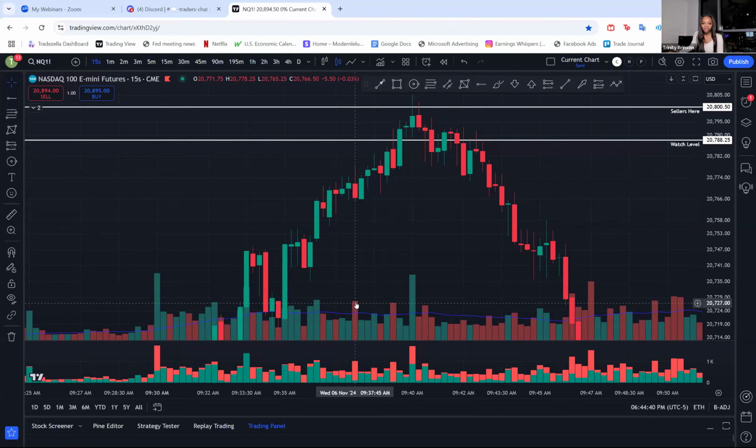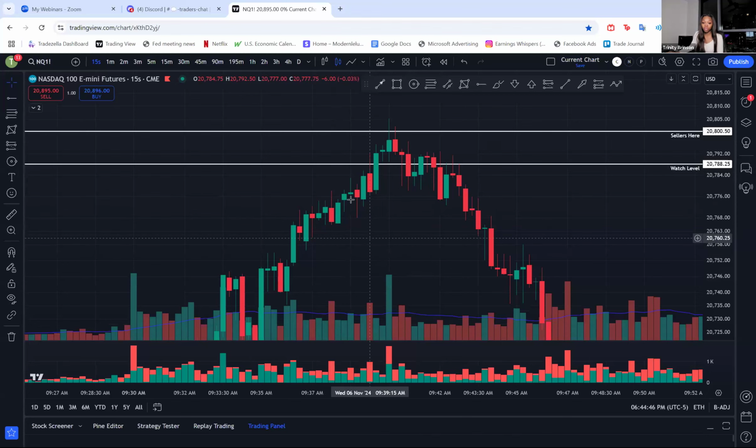Okay. So we see this red candle as we start to get closer to that level. These sellers are starting to try to come in. We're moving up a little bit more, but these buyers are very weak. Okay, even here, we're getting closer to that level. Again, these sellers try to step in. Here, this is why I like